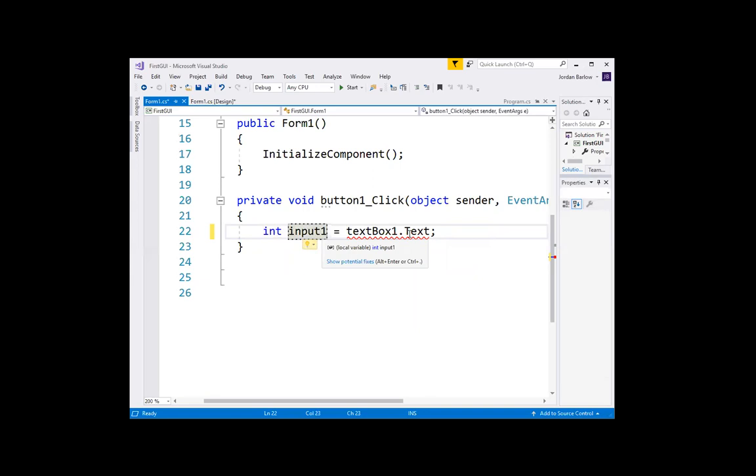Now you'll see that I have an error here. This is the nice thing about Visual Studio. It gives you these red squiggly lines when something doesn't make sense, and if you put your mouse over it, it will tell you what the error is. It says cannot implicitly convert type string to int. So it's reminding me that the textBox1.text